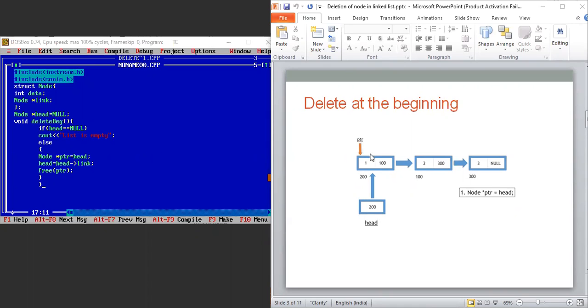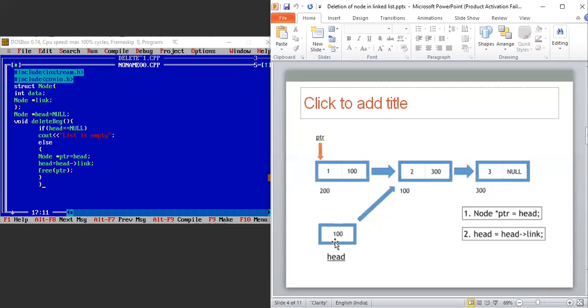Now what head will do is point to that particular node which is given in the link of this PTR node. So here we will do it like this: head will now contain the value of the next node that has been mentioned by this PTR node. That's why we have written head equal to head, and it will point to the link portion here.